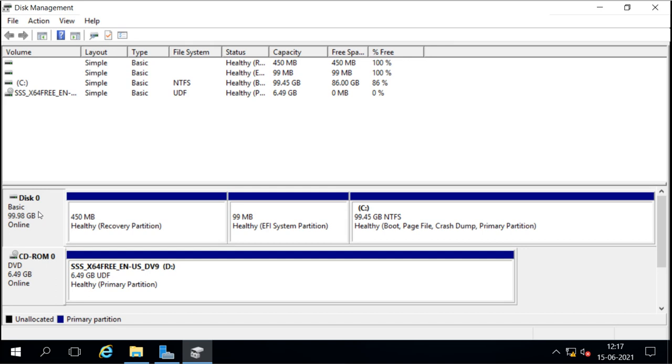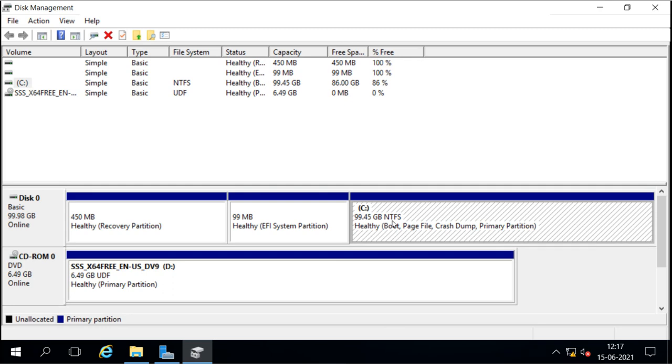So right now what we have here is Disk 0, which is by default a basic disk. Whenever we have a disk, it will always be a basic disk. We can convert this basic disk into dynamic, but remember, if your operating system is installed on this disk, like this one is already installed here, it will convert and it will work properly. But if I try to reinstall the operating system, it will not allow me to reinstall.